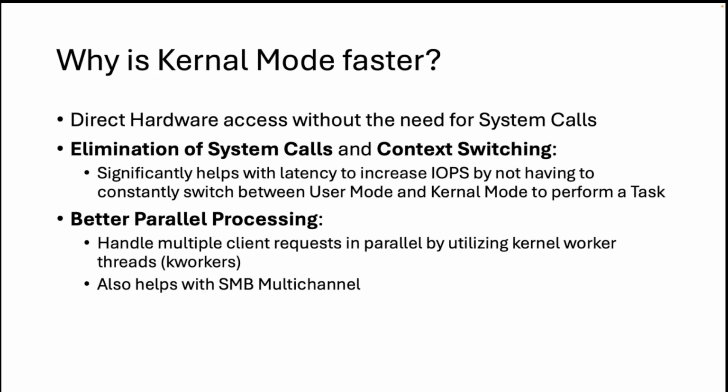Usually the SMB protocol is single threaded, so even though you get that 16-core CPU, you might only be using one CPU core for that one user. And we're hitting some CPU bottlenecks when you're only using one of your 16 CPU cores. Now that's the normal problem of SMB, but actually with kernel mode, we have better parallel processing where if you